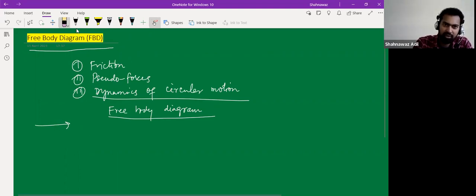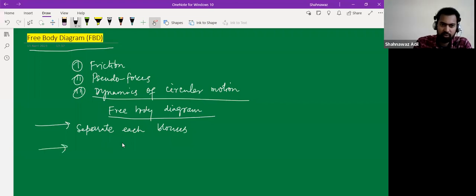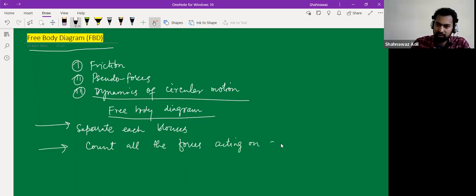So you dissect each block, you separate each block, right? And then you do what? You count all the forces acting on a single block,